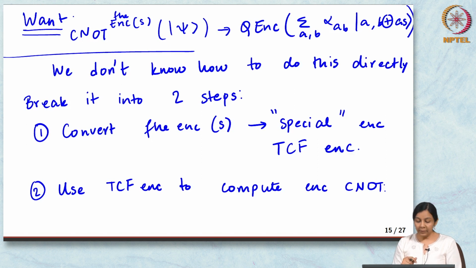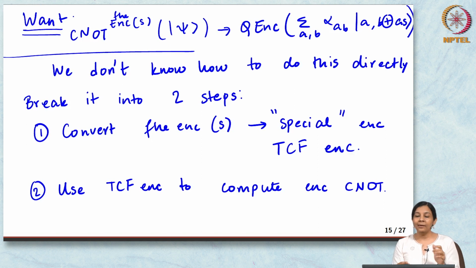So, what we will do is we will look at step 2 first and then we will look at step 1. Are there any questions? What have we done? We broke down our Toffoli gate to this funny little operation where you have FHE encrypted control bits and you want to end up with a quantum encrypted C naught. We broke it down to this.